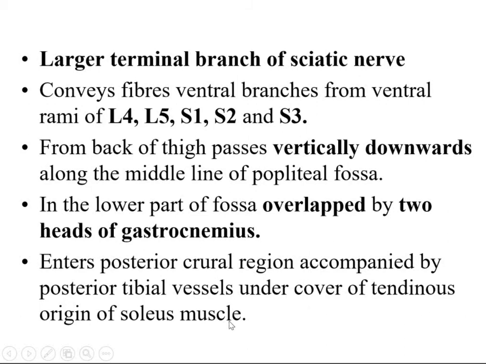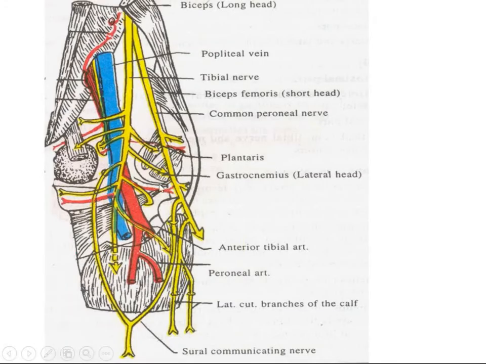If you see, here the gastrocnemius was there and under it you will have your soleus muscle. It is going downwards, lying above the popliteal vein, okay, and then you can see the relation. Superficial is your nerve, then we have the vein, and the inferior most is your artery.